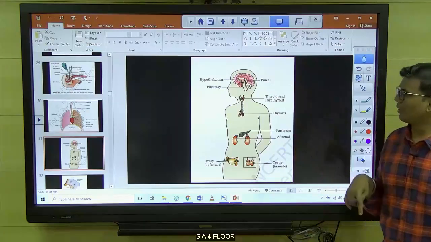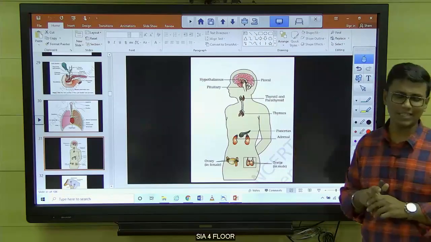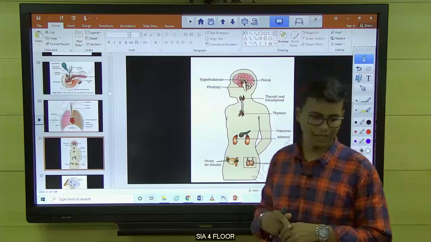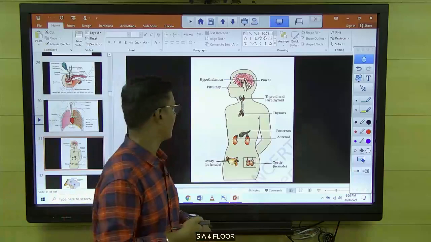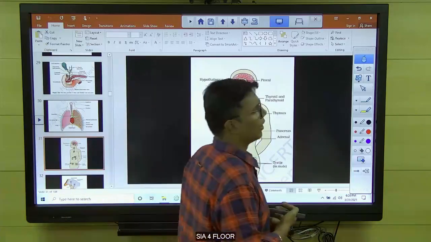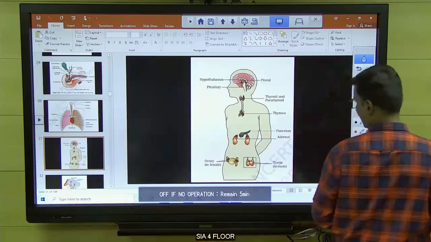Talking about pineal body is extremely important because it secretes melatonin. Melatonin is related to circadian rhythm. The sleep cycle is regulated by melatonin secreted from pineal body. So this pineal body generally takes